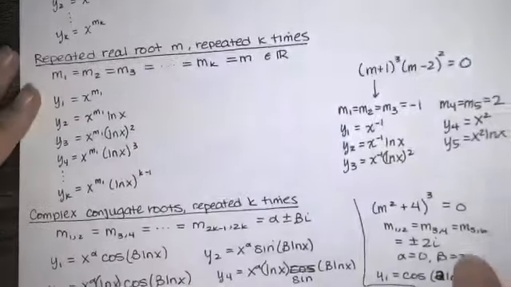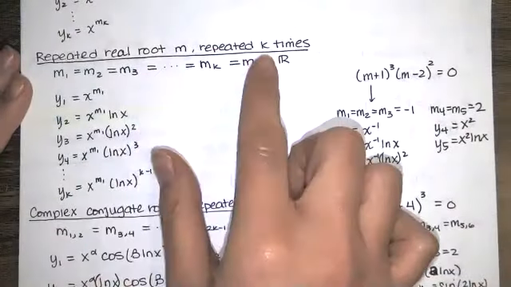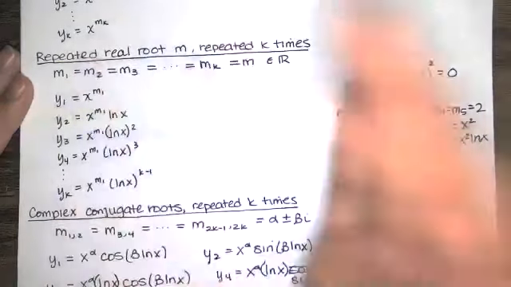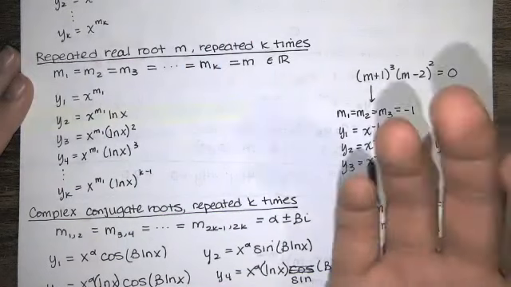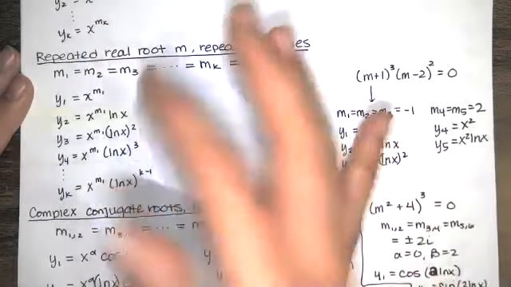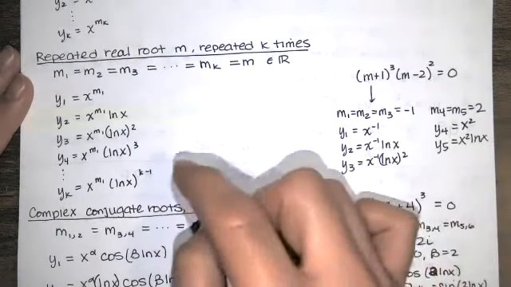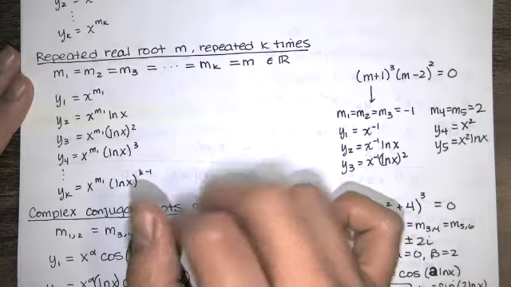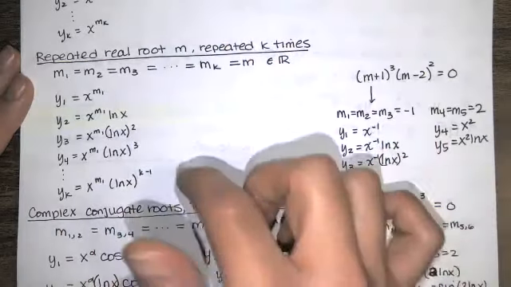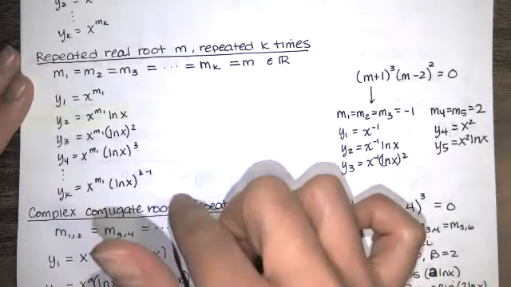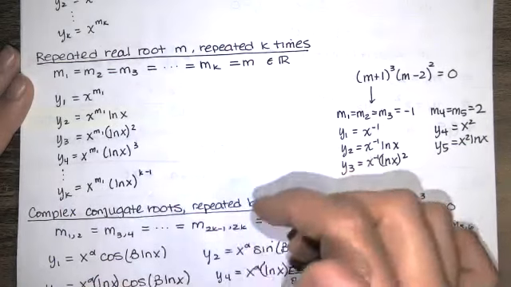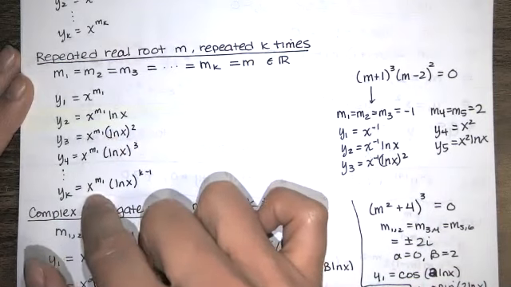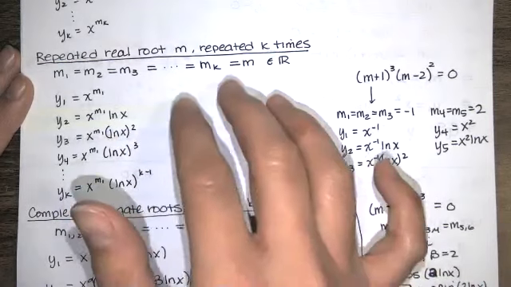Now, if you have a repeated root m, and it's repeated k times, then you have k linearly independent solutions. The first one is exactly what you would think it is. It's just y equals x to the m1. And then to get the next linearly independent solution, you just multiply by natural log of x, and that natural log of x would come from reduction of order. You can keep doing that, multiplying by natural log of x as many times as necessary in order to get the number of linearly independent solutions that correspond to the number of times that